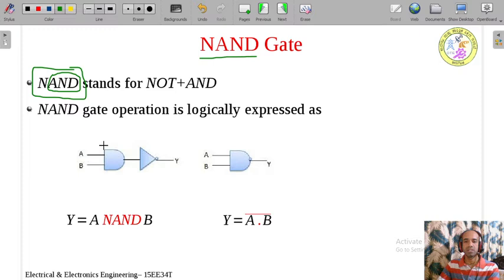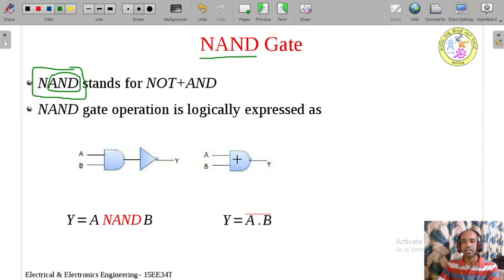You can observe the diagram here. This is the AND gate. You neglect this part. We know how the AND gate has to be written. So this is how we are going to write the AND gate. It contains two inputs, and to the output of the AND gate I will connect one inverter, or one NOT gate, and this is the final output we are going to take. This is the intermediate output and this is the final output. So AND gate plus NOT gate forms a NAND gate.